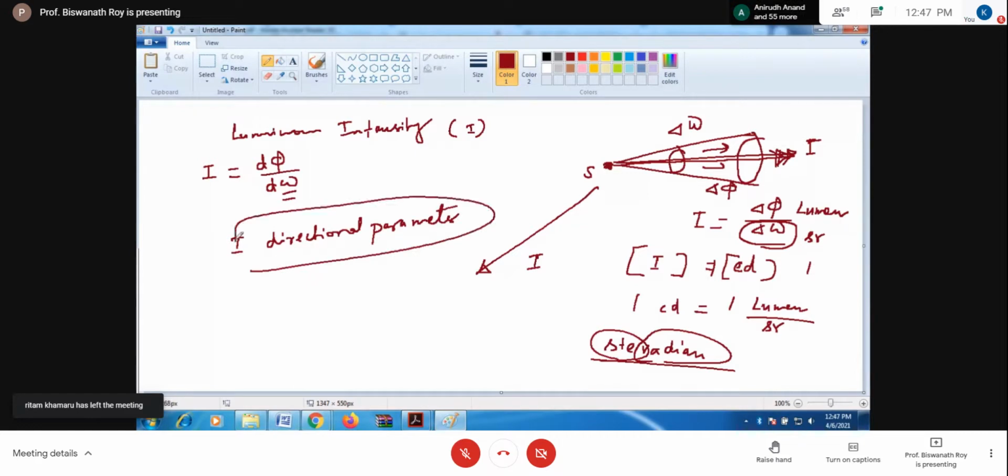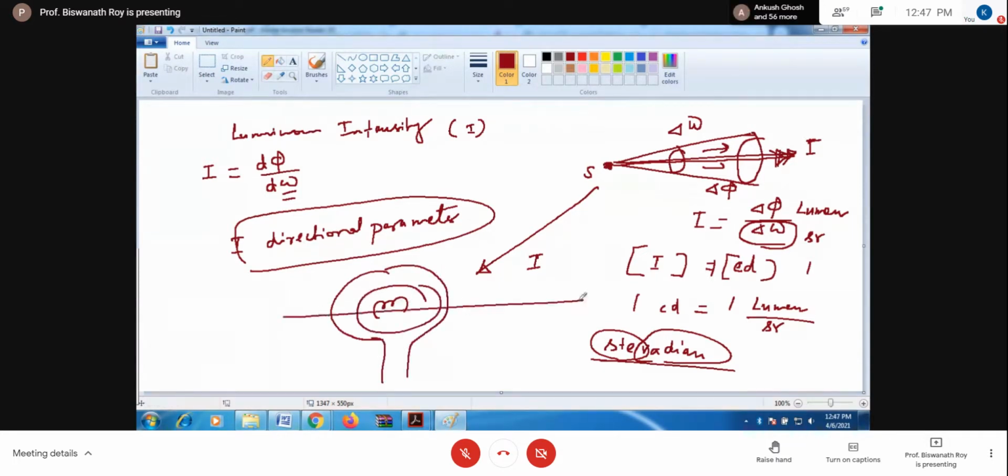So if we have a filament lamp like this, depending on the shape of the filament, and if we imagine a horizontal line passing through the filament, then the intensity distribution in the different directions is different. The second activity of the experimentation is how we can measure the intensity distribution of light over a horizontal plane by the calibrated lux meter.